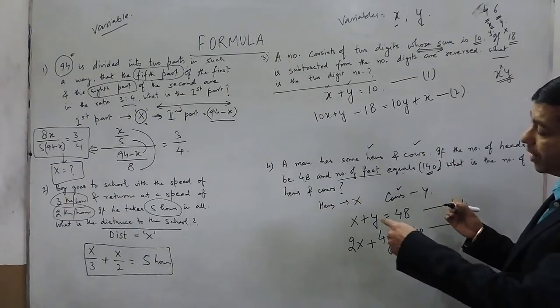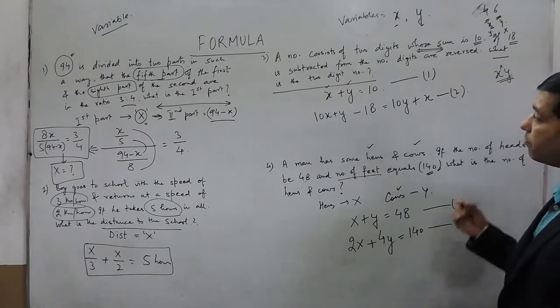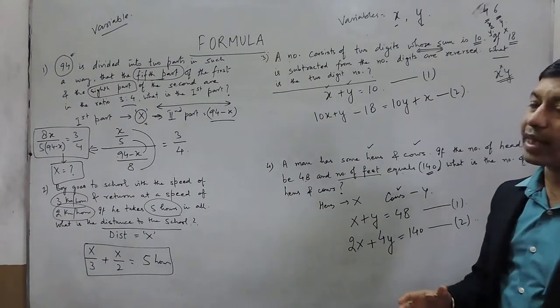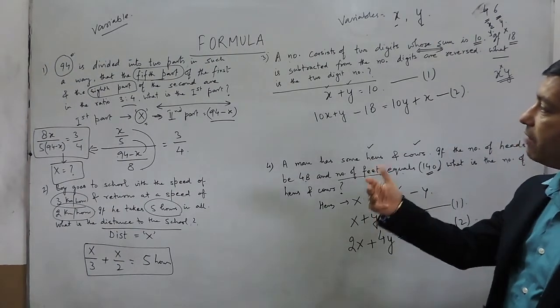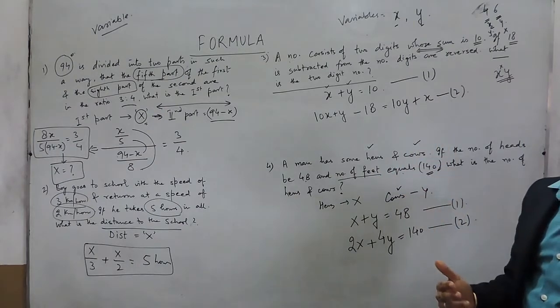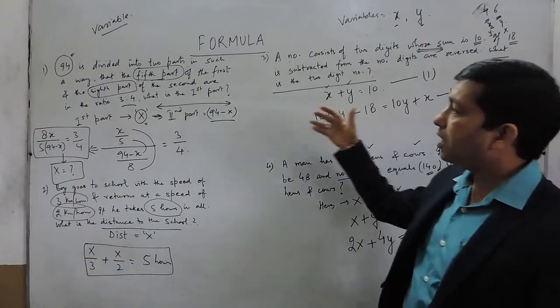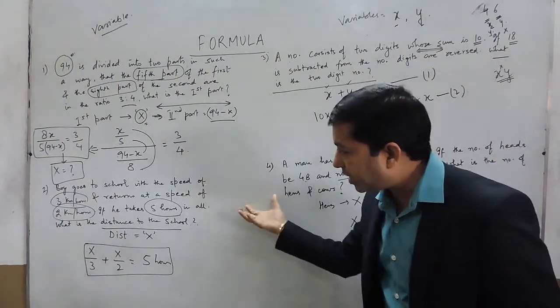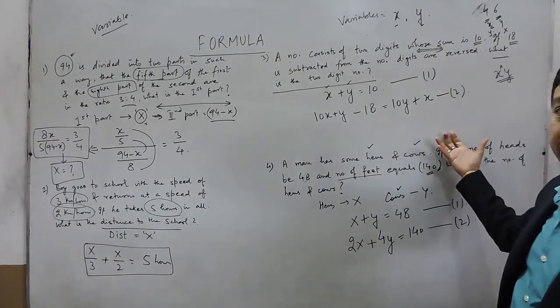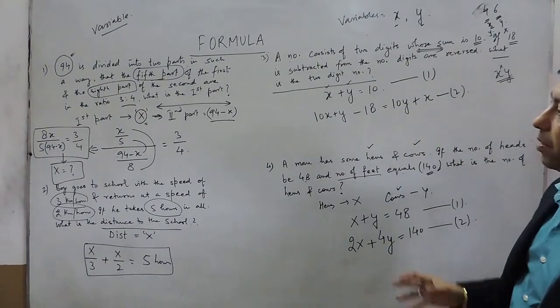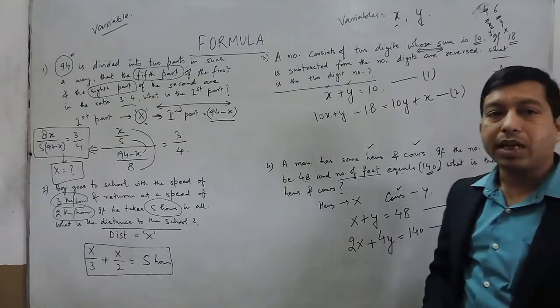So if there are two variables, we need two equations. In the same way, when we go further into linear equations, we will understand that if there are three variables, then we need at least three equations to solve them. Otherwise, it is not possible to solve. So the formula is the conversion of the written statement into algebraic format, where some variables are defined and solved using the constant values given to us.